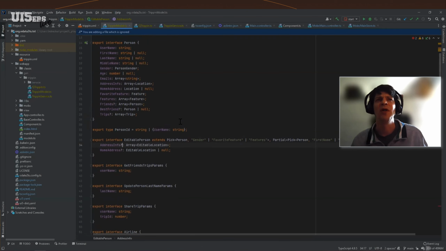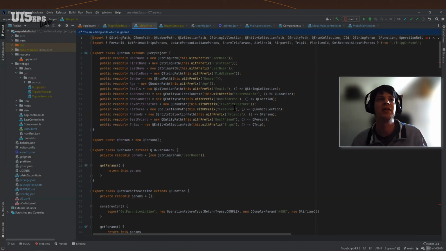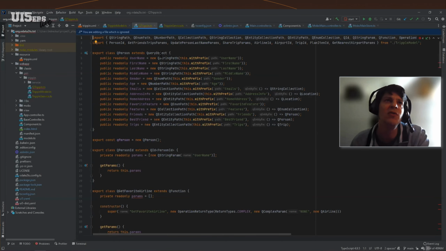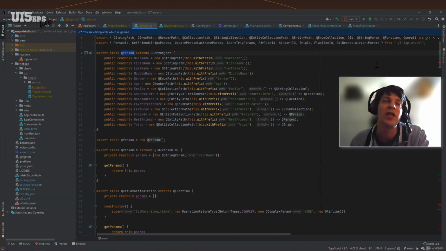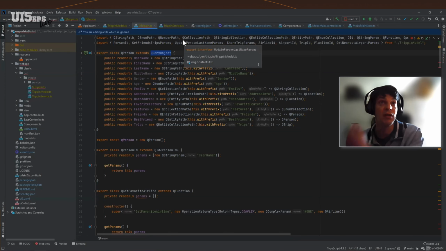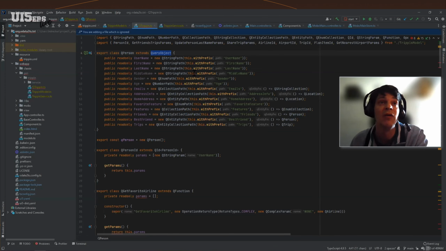Okay, so much for the model generation. We also generate these query objects. So for each entity type, here again the person, we get a query object. All the functionality is bundled in here so that we can really create unit tests for all the functionality. What we need here is the definition of all the properties of this entity. And as you can see, we provide something like a string path or an enum path or a collection path,